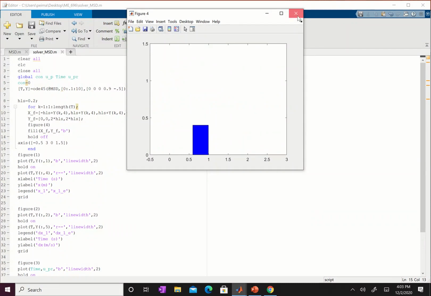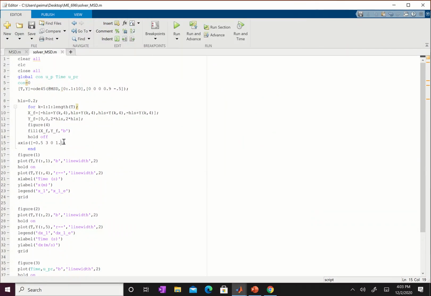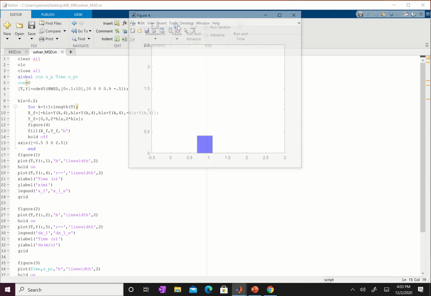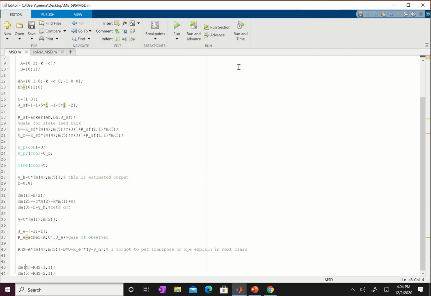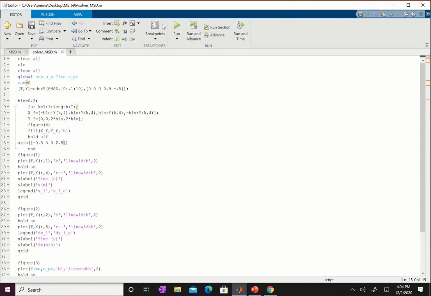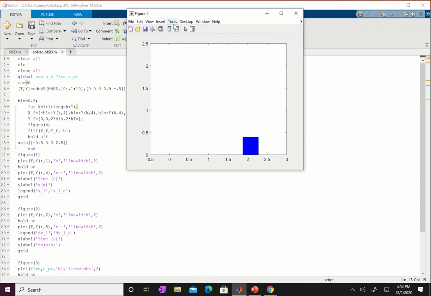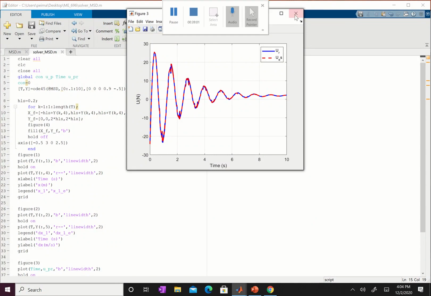You can increase that to make it a score, because it is a score. It looks like it doesn't. I'm gonna say 2.5. See here? Yeah, it is starting from 0 and went to this. Now you can increase that. I'm gonna go to, we'll make it visible, 2.2, go to 2. See, here we go. See, 1 to 2. So you designed an observed state feedback control law that you can plot its,